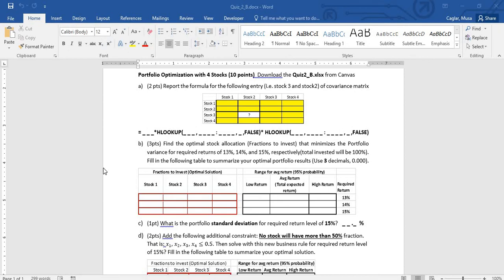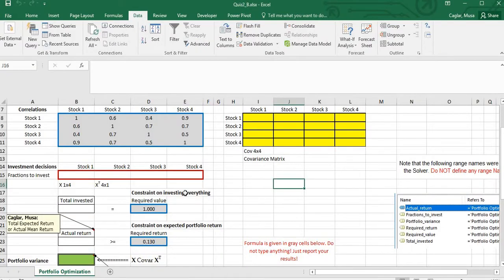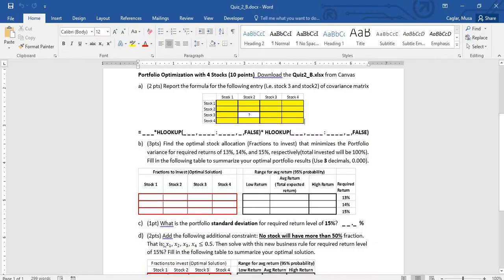In this video, I'm gonna solve the quiz 2 problem. Okay, this is our quiz 2 paper. Let's open the Excel template. I have this data, and in the part A, it asks for the